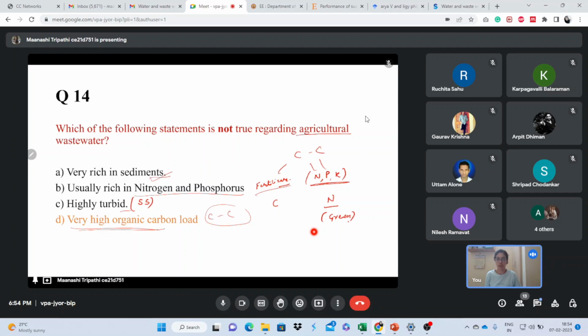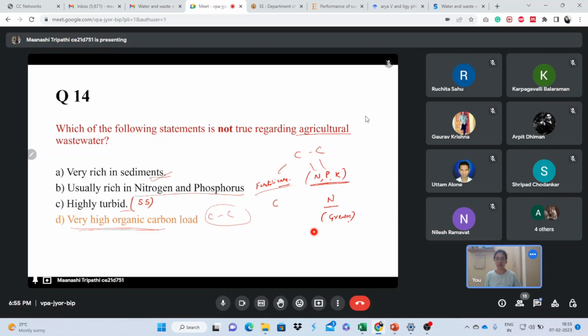Due to this carbon-carbon bond, mostly this thing comes. So when we are using manure, like cow dung, there will be some carbon, but not very, very high. Okay, so that is the difference. When we talk about very high carbon load, we mean mostly coming from the sugar industry, paper industry, these things. Anyway, most domestic wastewater and agricultural wastewater contain less carbon load, more nutrient load. But industries, it's opposite: very little or no nutrients, but mostly carbon load.